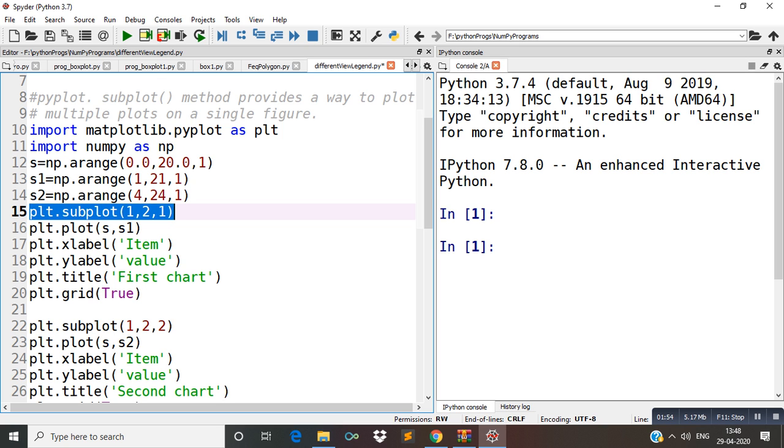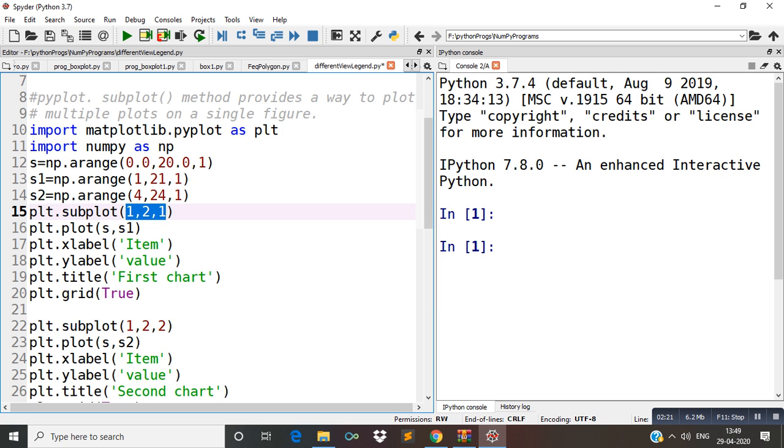The remaining things you know, but this is different. plt.subplot(1, 2, 1). Here I have passed three parameters. Firstly you must know the meaning of all these three parameters.